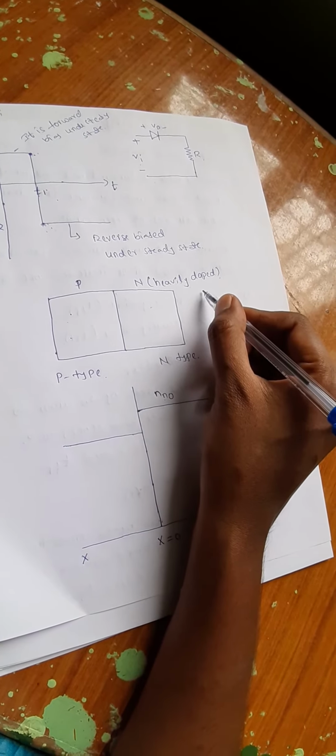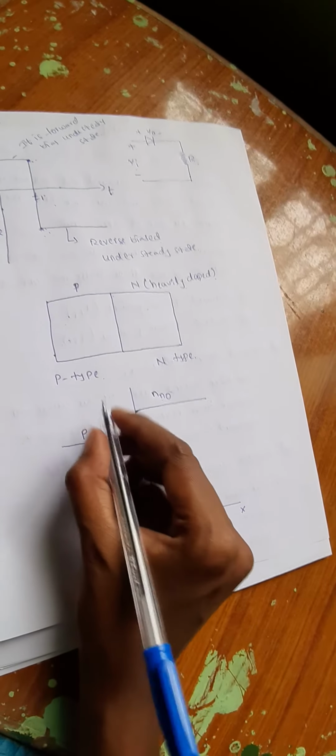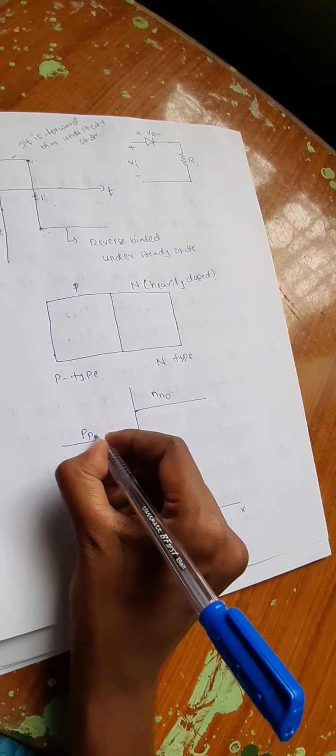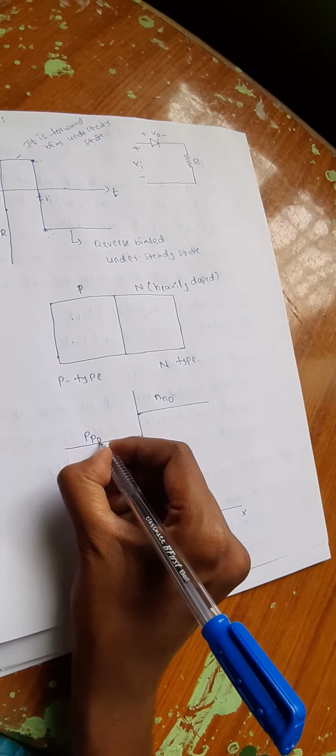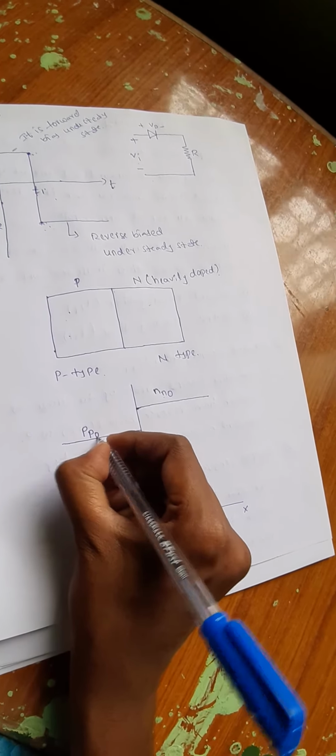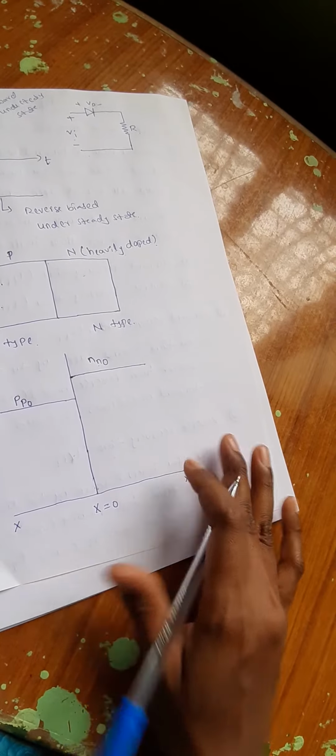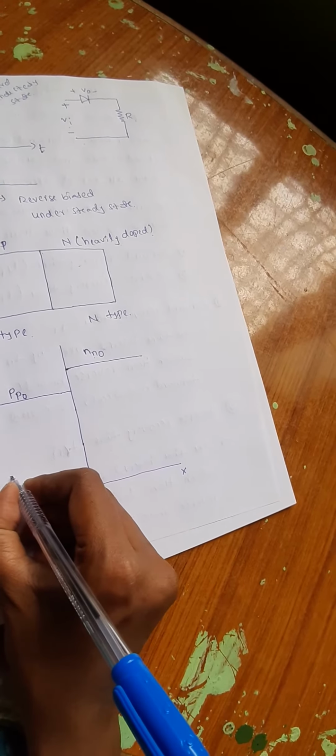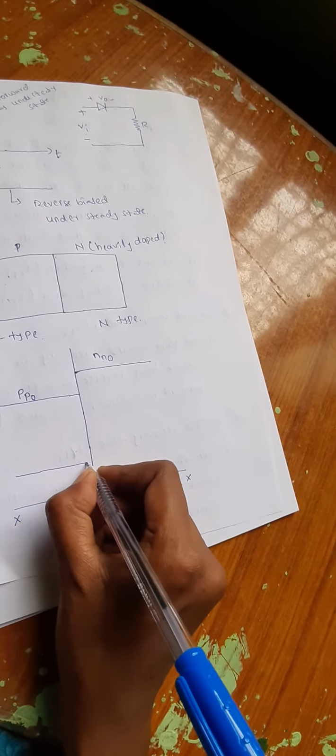This indicates the majority carriers, those are nothing but holes in p-type material. This naught indicates the equilibrium condition. So these are the majority carriers for the p-type and n-type material. If you consider the minority carriers, this will indicate the